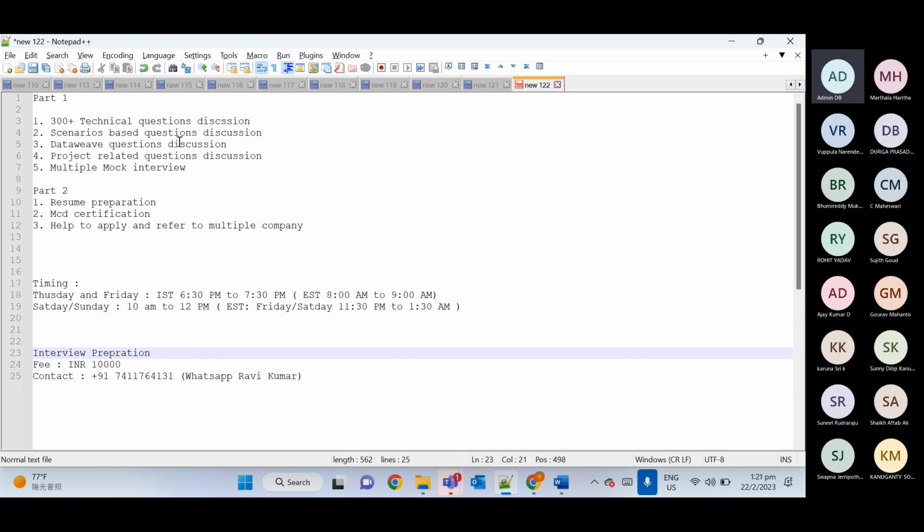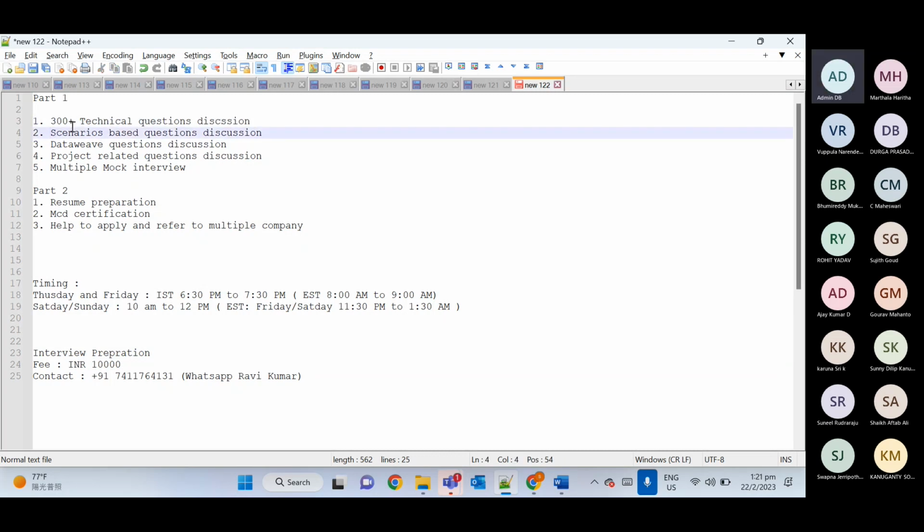Let's say we have two flows, one is parent, another is child. If there is any issue in the child flow, I don't want to stop the processing of the parent flow. So how will you do error handling? If you want to do component level error handling, what component will you use? That kind of scenario based question they will ask. All those things we will discuss in this part.